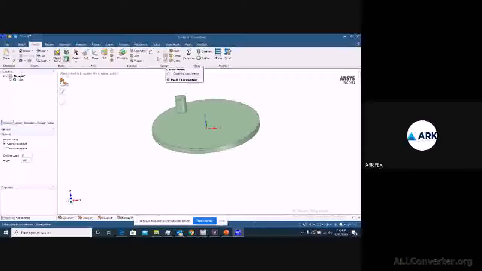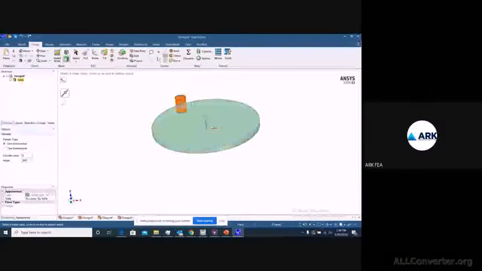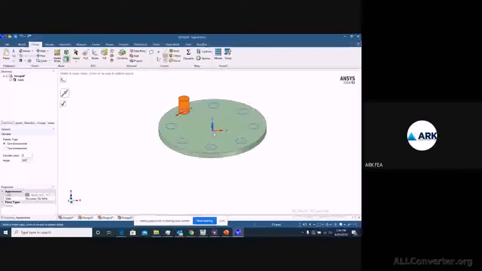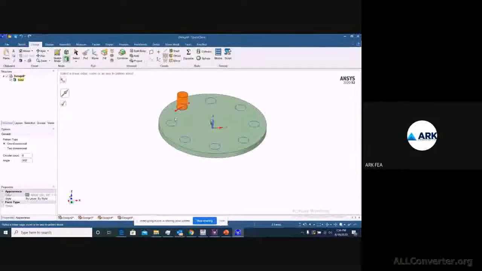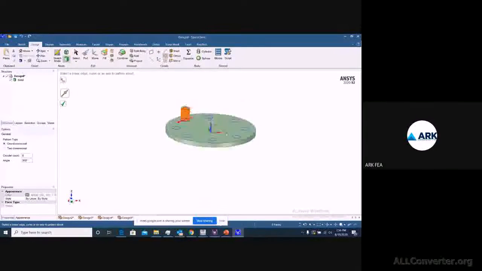right? So you can select your circular pattern, right? Then you can select the object which you want, and as you can see here, select a linear edge, curve, or an axis to pattern it, right? So you can select your axis. When you select the axis, you can see it something like this, or depending on the different axis you select, you will be able to see. So in my geometry, I could see that Z is the one which will help me have a circular pattern around it, right?